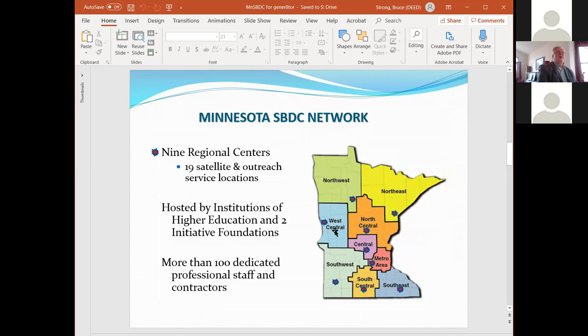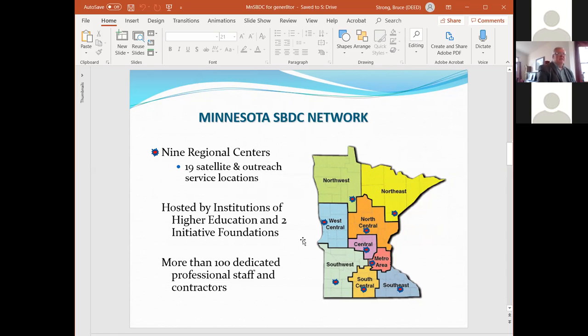Here in Minnesota, we have 9 regional centers. Again, we are a statewide program here in Minnesota. Each individual state program runs differently. They're all set up a little bit differently. They're funded a little bit differently, and the way that they work is a little different. And Jason will cover what's happening in Wisconsin a little bit later.